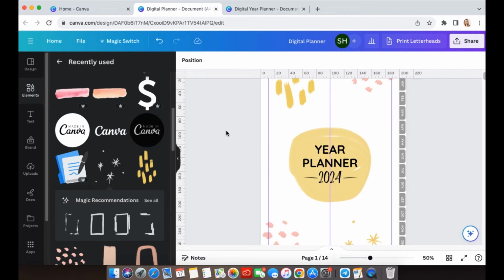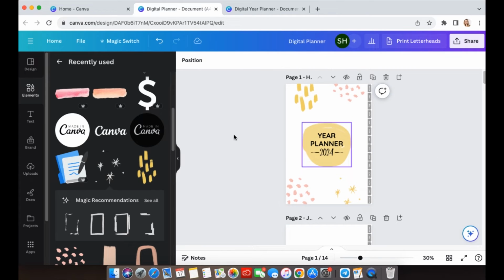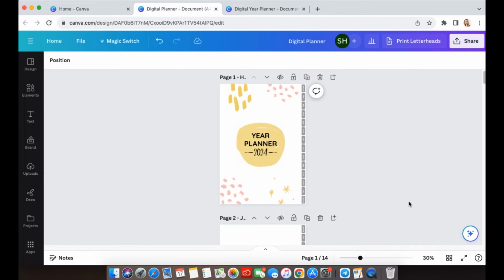So if we just zoom out and then take away the guides, we can see that's our nice sort of